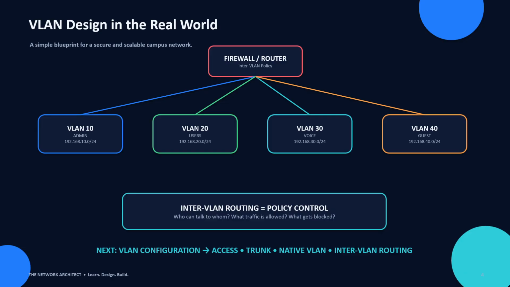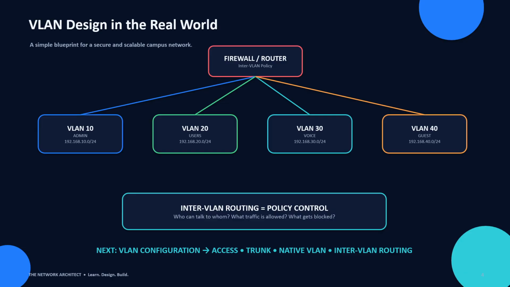Below we have multiple VLANs. For example, VLAN 10 for administration, VLAN 20 for normal users. VLAN 10 may be used by the finance department, HR department, and administration users. An example network for this is 192.168.10.0/24. VLAN 20 is for normal users. This VLAN may be used by regular employees, and an example network is 192.168.20.0/24. And VLAN 30 is used for voice. This VLAN is used for IP phones. An example network for this is